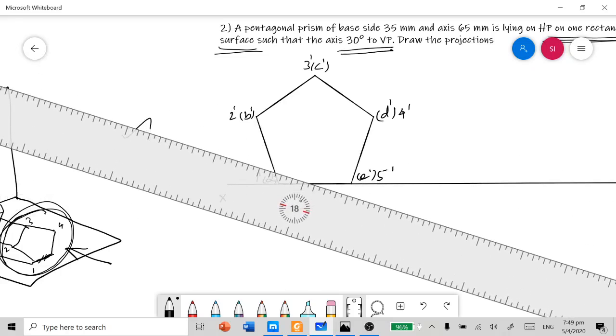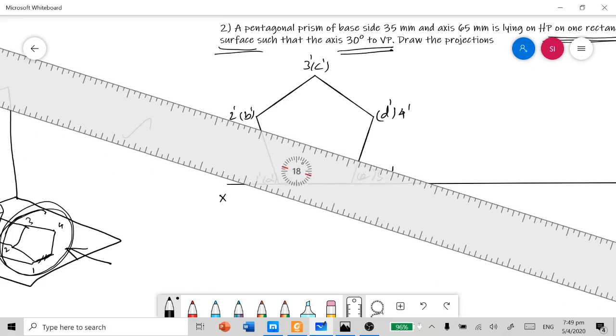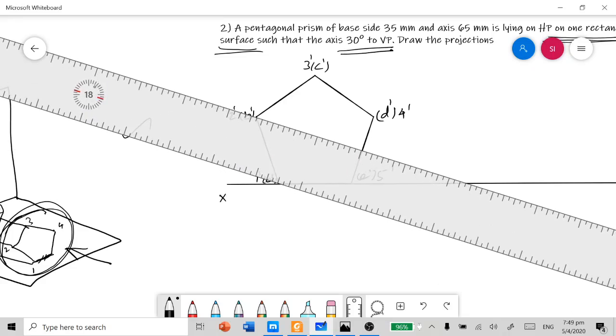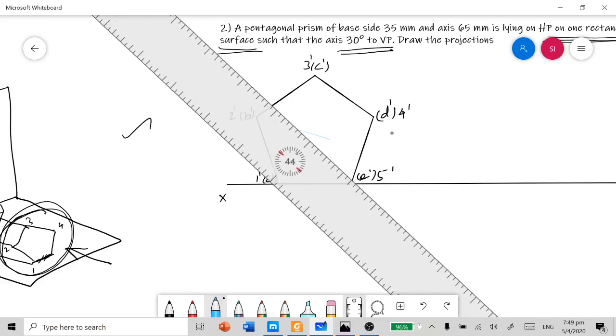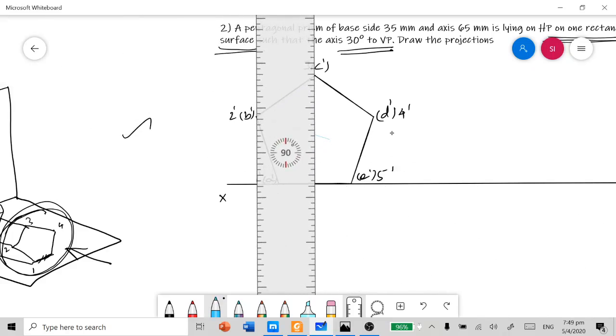For example, I am going to draw the perpendicular for this edge, plotting a line from the opposite corner in order to mark the axis.